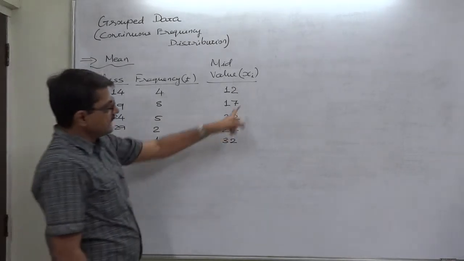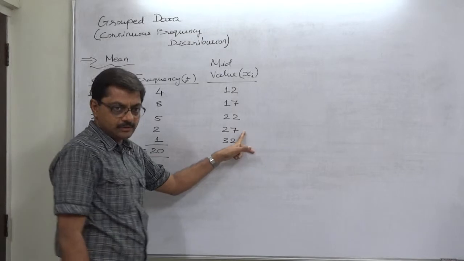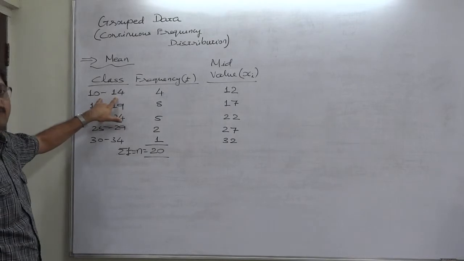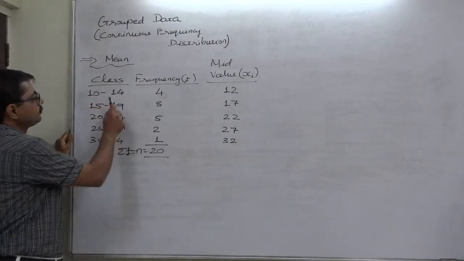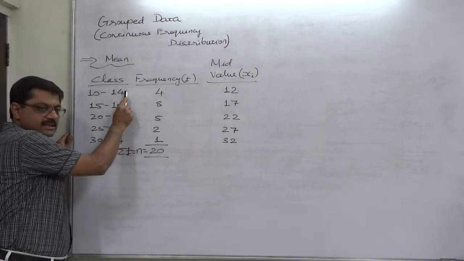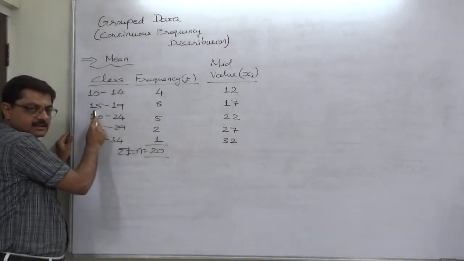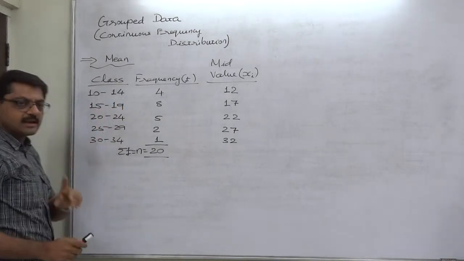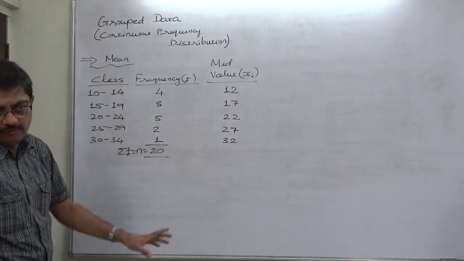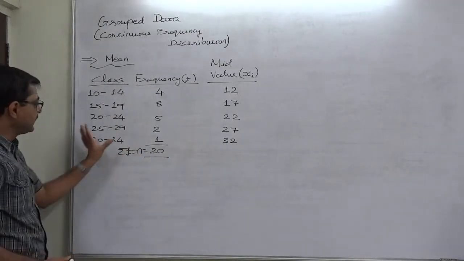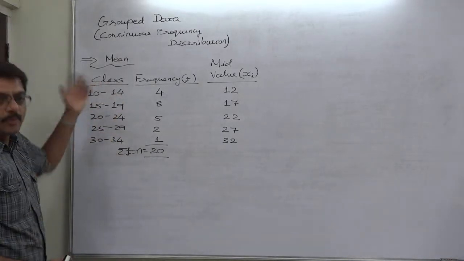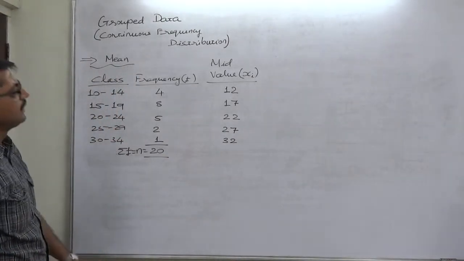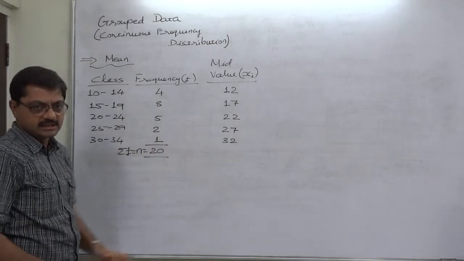See, the difference is 5 in case of mid values, while the class interval or class width we can see is 4. But see, there is a difference of 1 between the upper value of the previous class and the lower value of the next class. This one is added to the class width of 4. So ultimately the class width of this data is 5 but not 4. We have to convert this inappropriate class width into appropriate class width if we want to make some other calculation on this data. But to calculate the mean, it is not necessary.